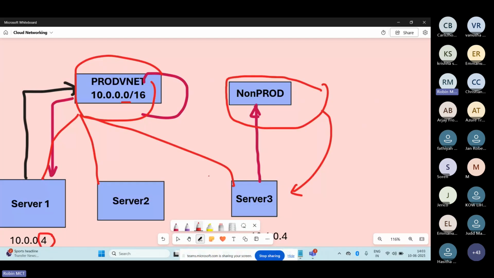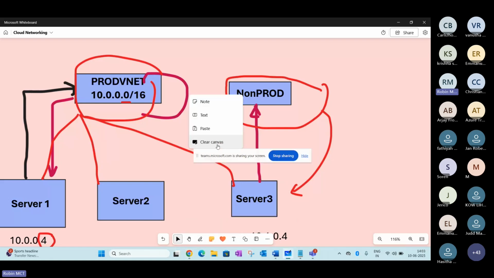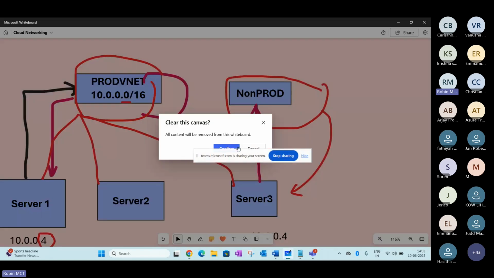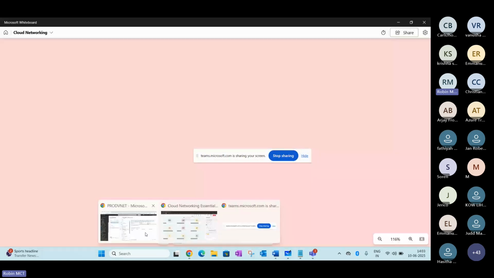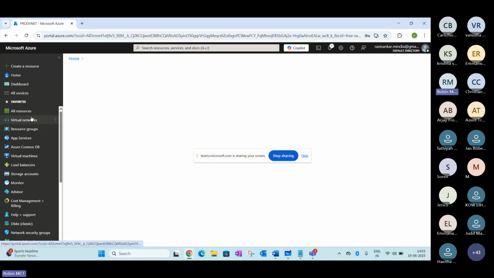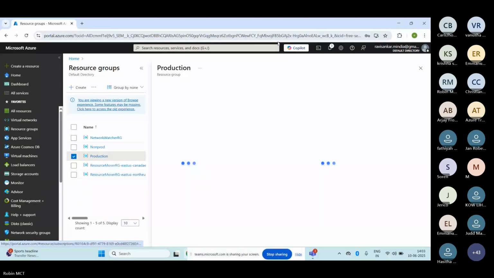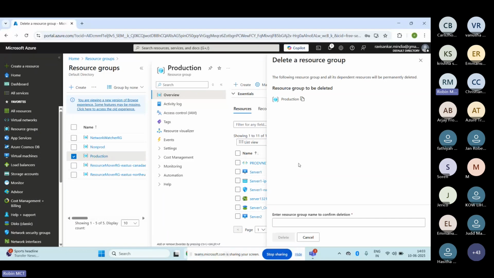For example, let me try to create a subnet here. Let me erase this, clear this whiteboard here. Let me delete this existing network also. Let's simulate a different exercise here. Let's go back to the solutions here. I'm trying to create another subnet here.